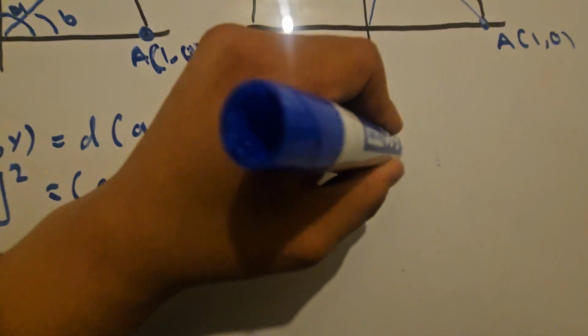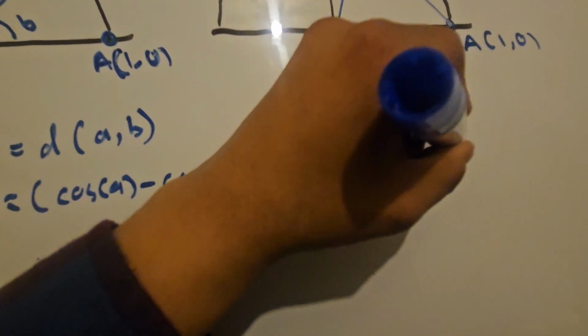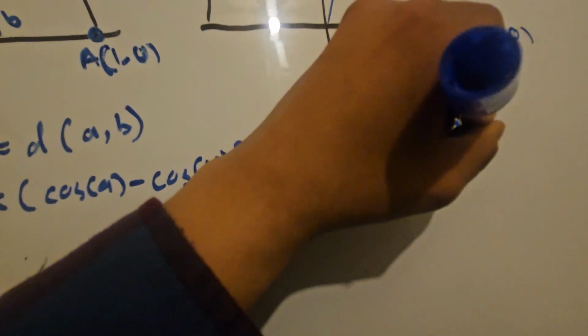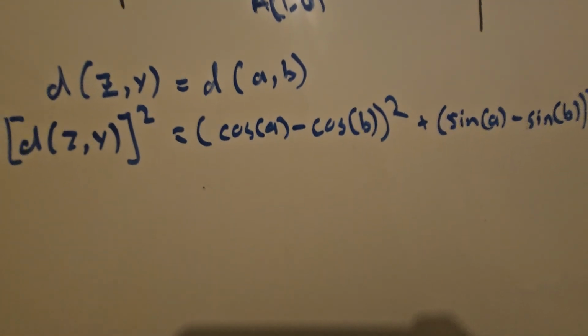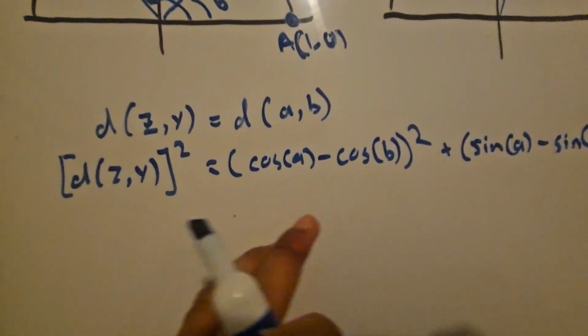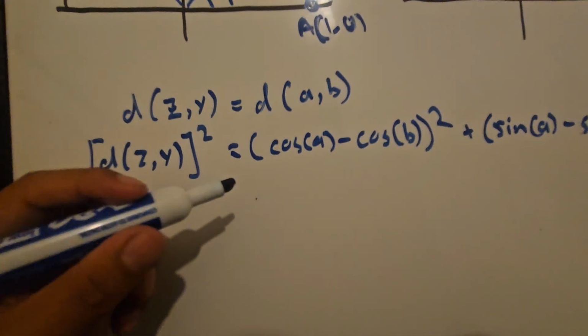Sine A minus sine B squared. So let's go ahead and square this. We're just going to FOIL it, or whatever it's called. So that is going to give us